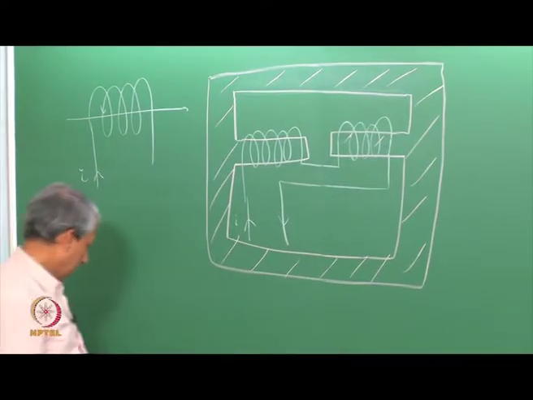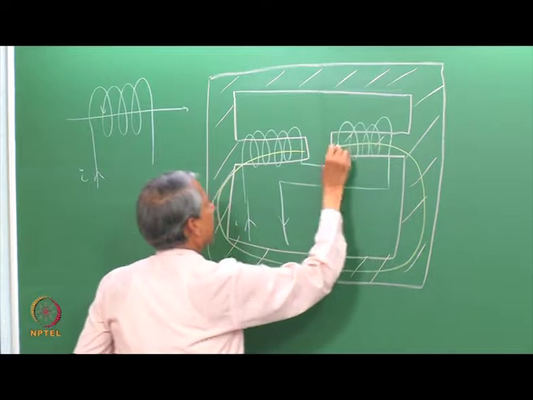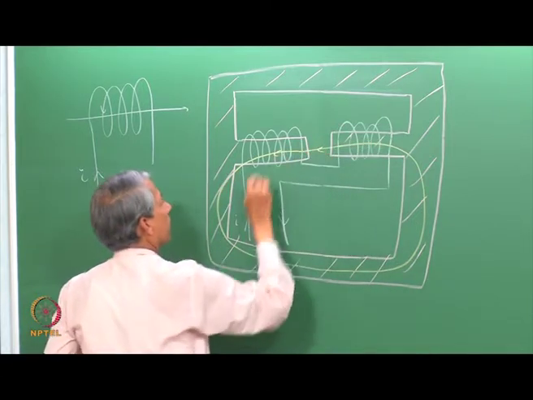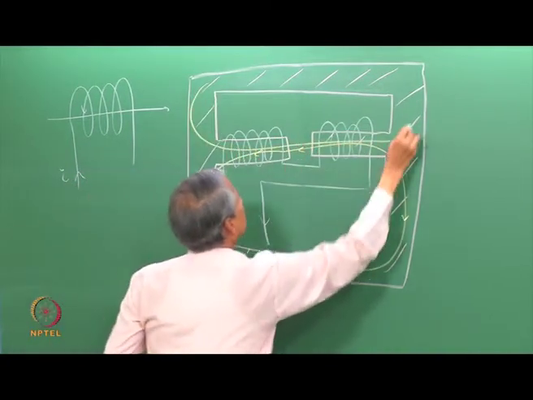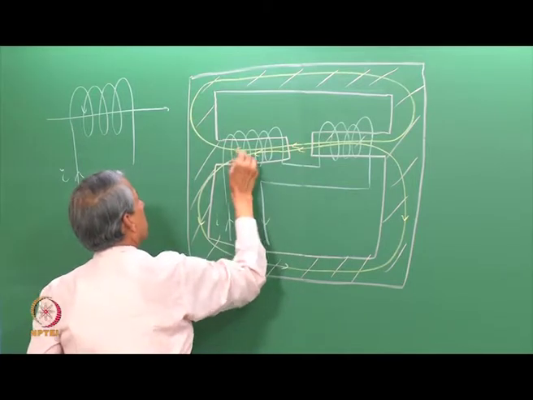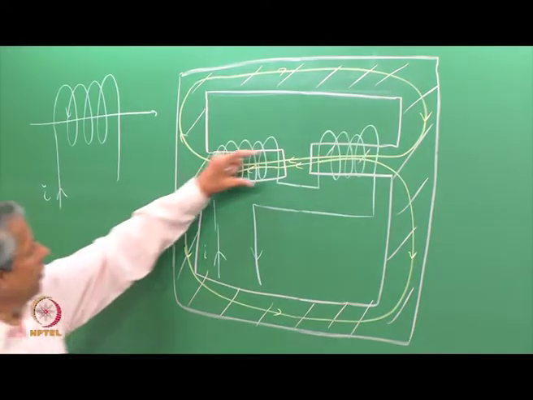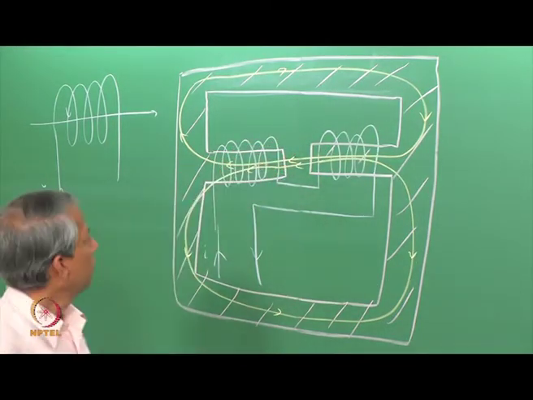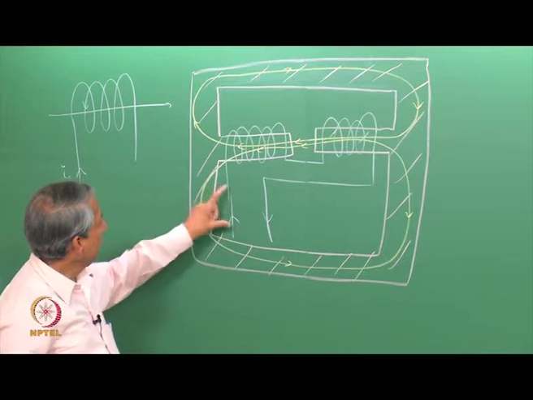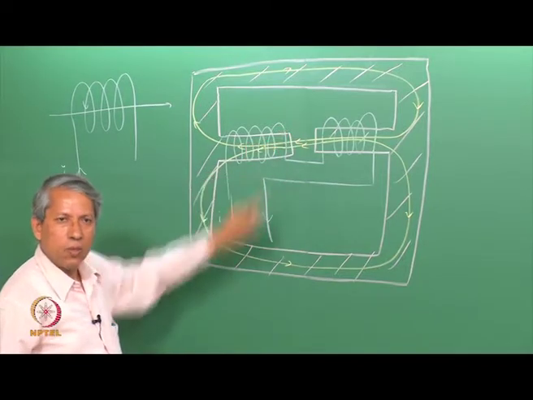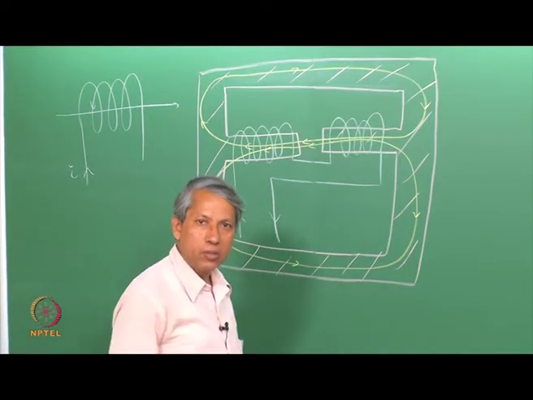Here the magnetic field lines will have this sort of arrangement, let us say. Similarly, here these magnetic field lines are completed. So, this gives a very homogeneous magnetic field at the center of these two pole pieces. The current can be varied, and then the magnetic field also varies. What is required is that the magnetic field seen by the sample has to be very homogeneous.